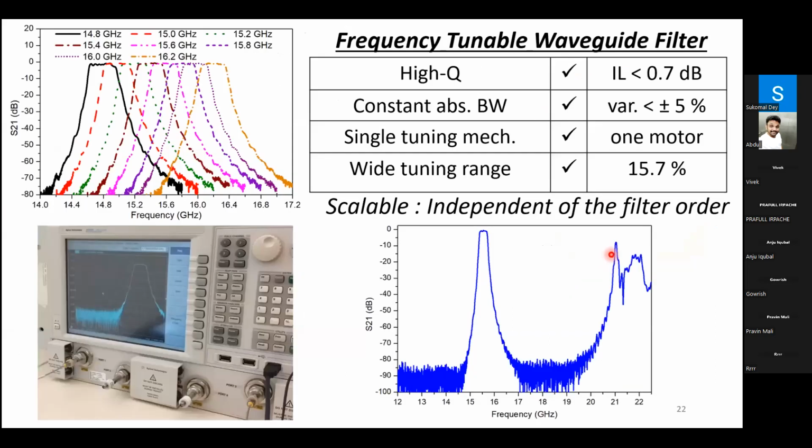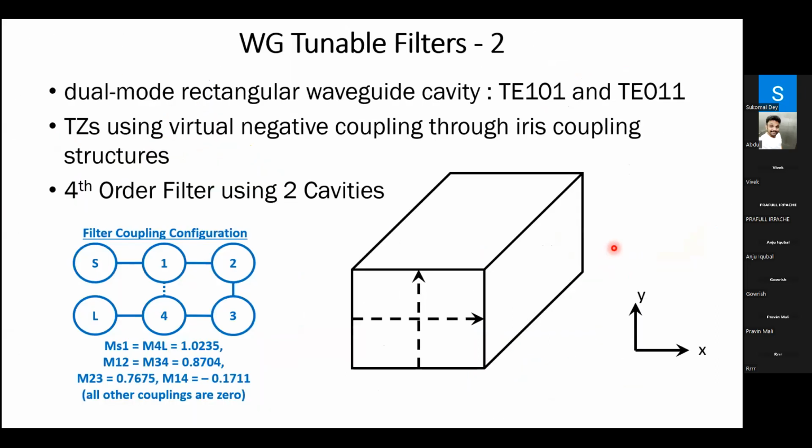So we presented this in IMS 2017, and one of the industry came to us and told us, yes, this is good, we can take this into our industry, but can you introduce transmission zero? You know industry, right? So industry always helps you to keep a step ahead. They asked us, this is good, but can you introduce the transmission zero? Because transmission zeros are widely used in the channel payload filters, especially for satellite communication.